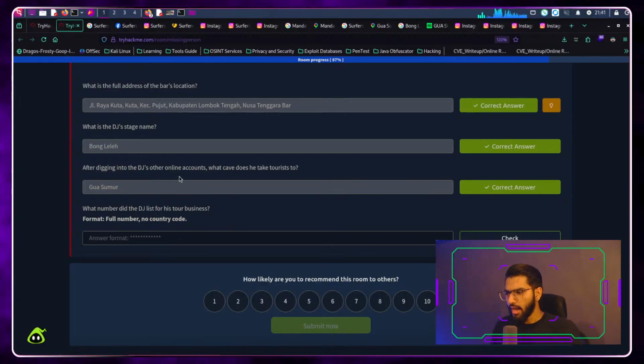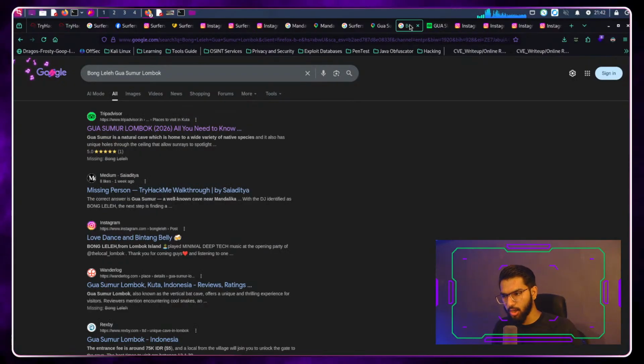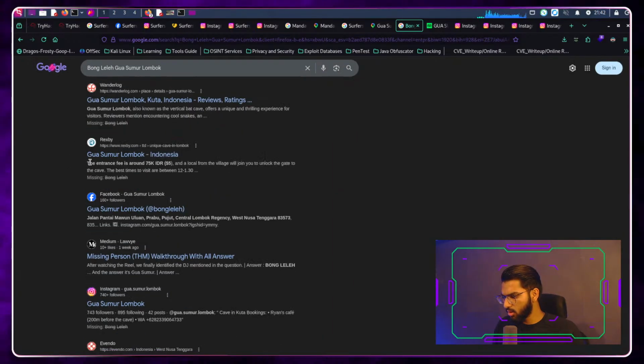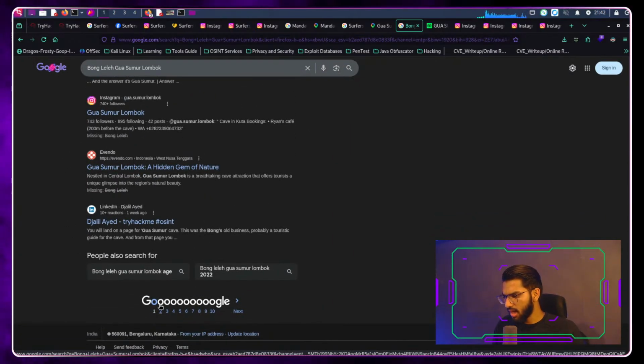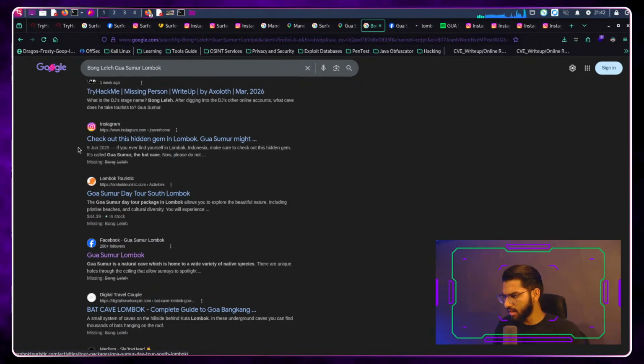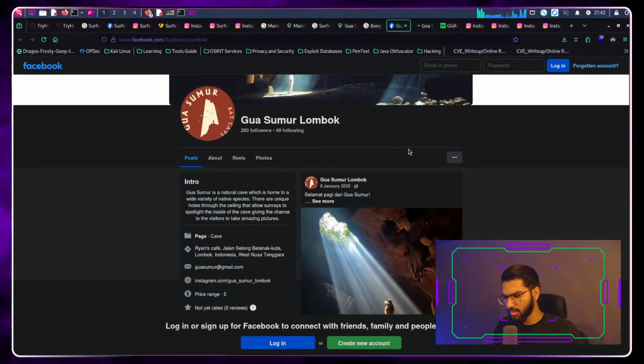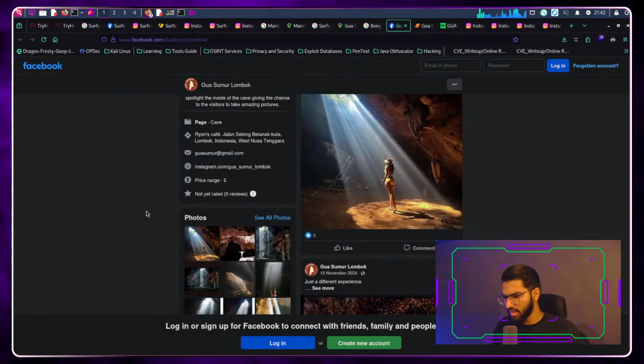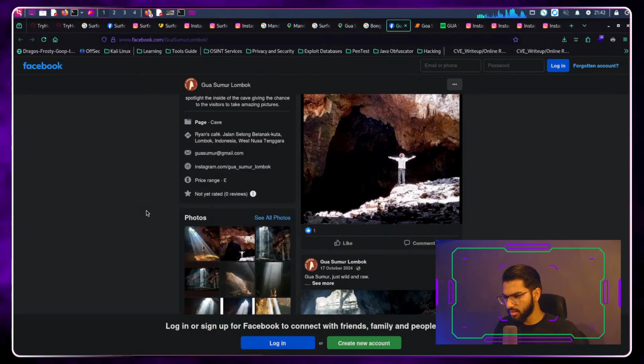Oh, okay. So which means that there is a connection to this cave probably, and the DJ owning some other business, a local business or something. So searching here itself, we don't get that much information from this. I'll continue the same search, but going further into looking at all the social media profiles and areas to see if I can find any information about it here. We see a LinkedIn page about this cave, but I don't see any number, phone number of this person.